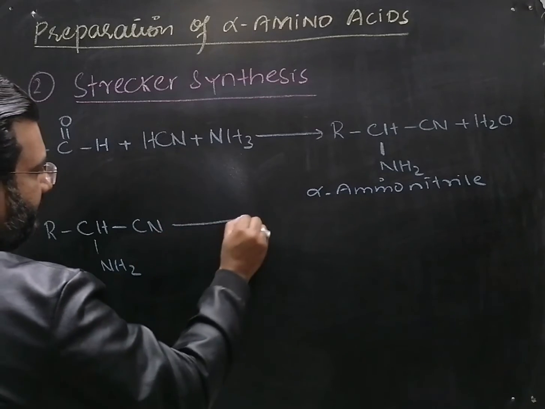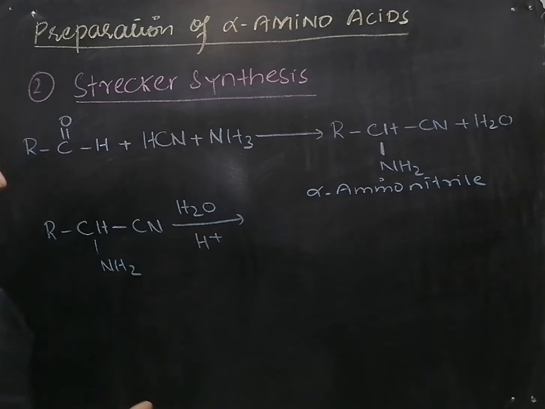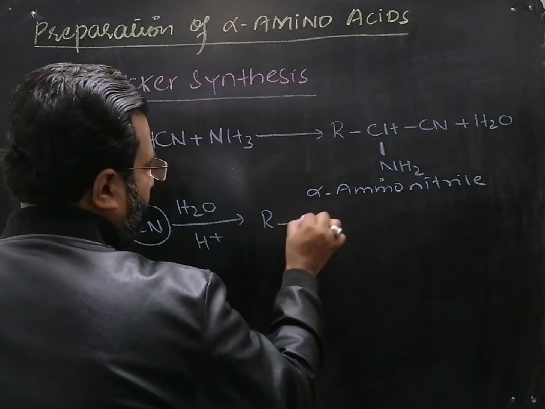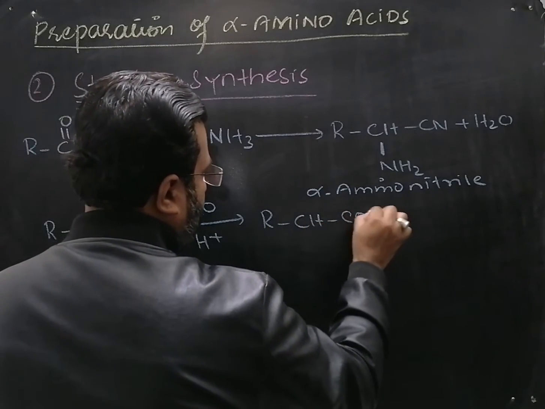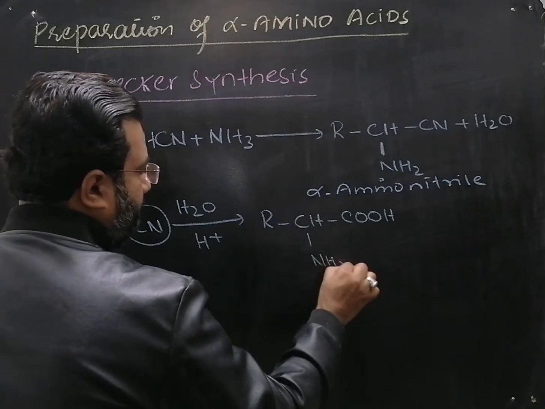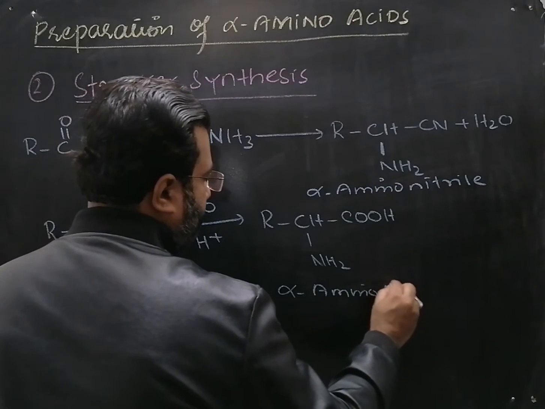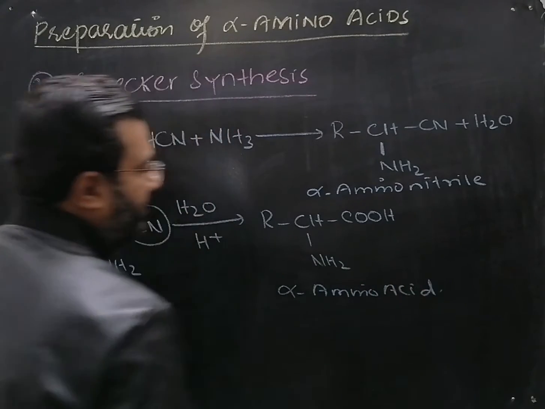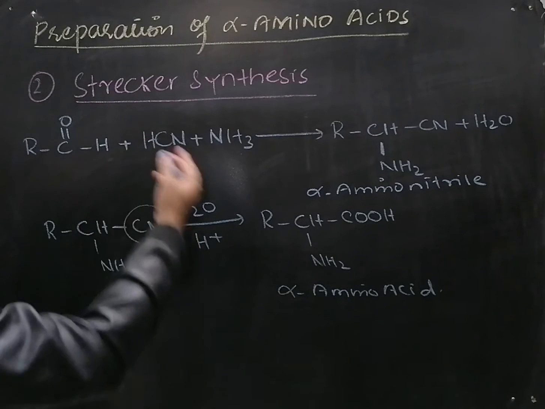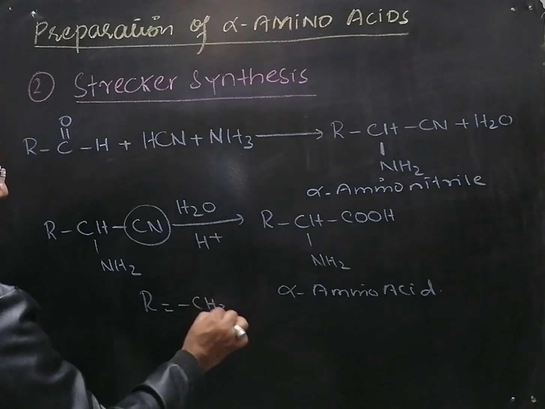is then hydrolyzed in the acidic medium, and after hydrolysis, you know, the cyano group is changed to the carboxyl group, and thus you will get an alpha amino acid. If you want to quote an example through this reaction, then simply replace the R with the